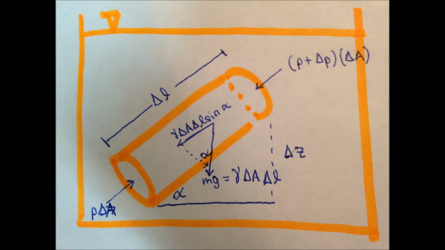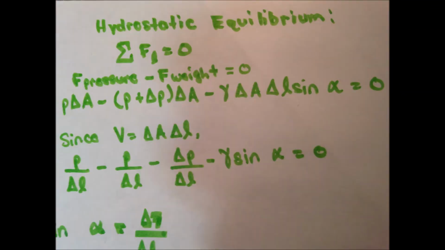The force due to gravity is pointing straight down in the negative Z direction, and its relative component along the x-axis of the cylindrical region is the specific weight of the fluid times the cross-sectional area of the cylindrical region multiplied by the length of the region multiplied by the sine of the angle alpha. In order to derive the fundamental equation of hydrostatics at hydrostatic equilibrium, the sum of the forces on the region must equal 0. If we define the direction along the axis of the cylindrical region that is up and to the right as positive,